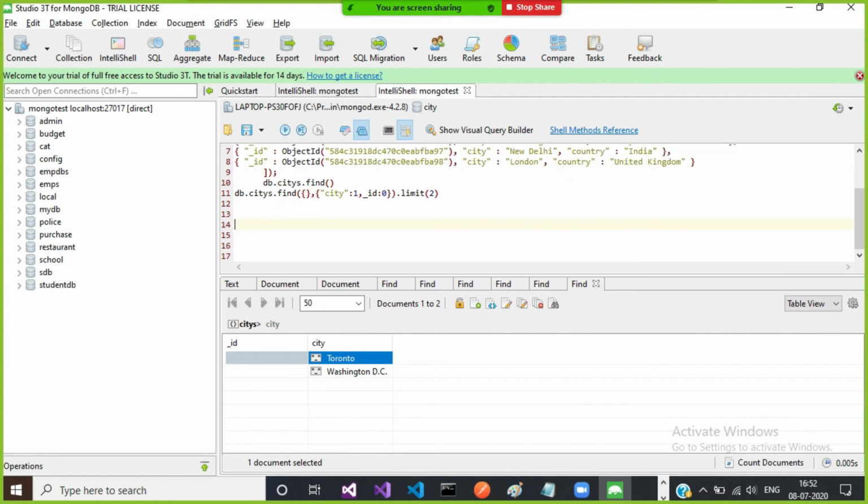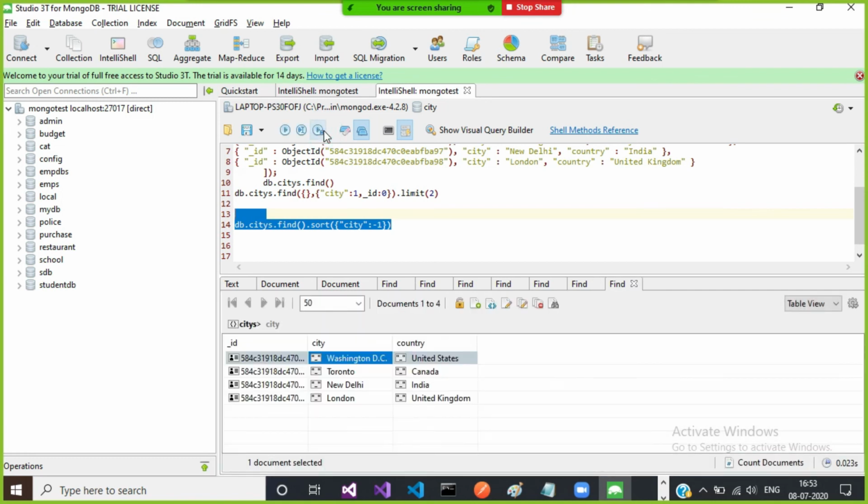Here you can see. Let us execute the query. db.cities.find. Did you understand why I have written this one? This I have written only to retrieve the specific fields in the document. If I am not writing this, if I use just the find method directly, it will return all the values. If you remove this one, you can see just a find method. I am sorting the details based on city in descending order. Execute here. See, first W came, next T, N, L came based on city.